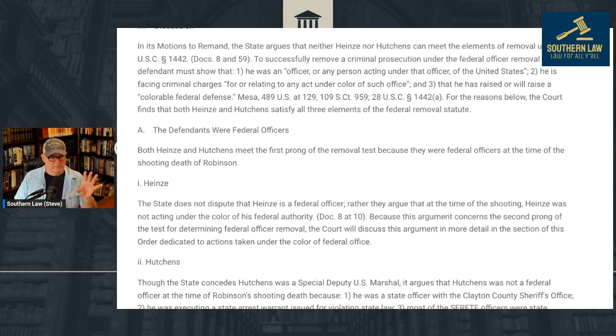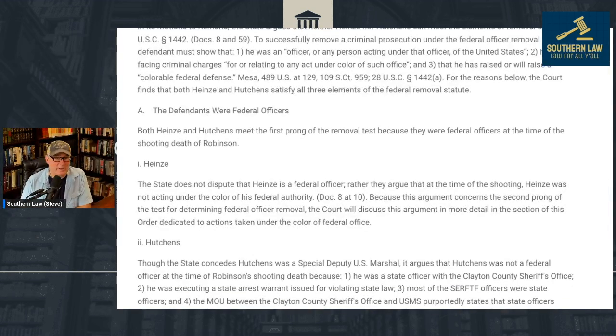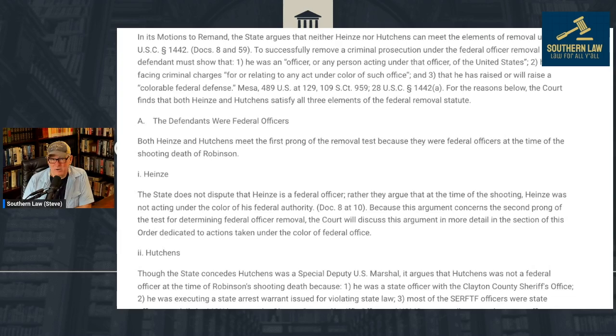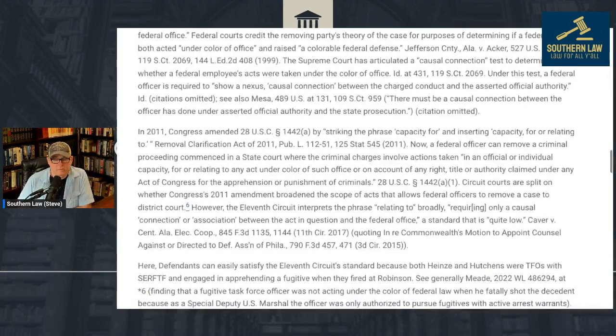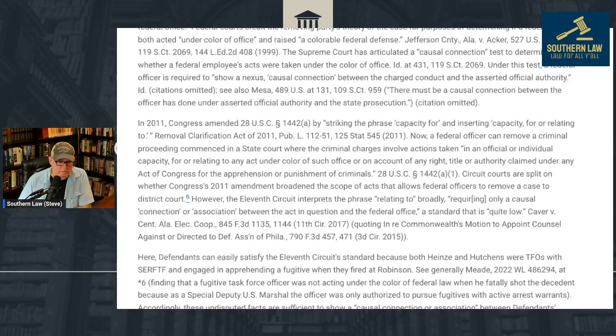And that kind of relates to prong 2 because there is federal immunity if you're doing something within the scope of what your duties are as a federal agent. So if you meet prong 2, I think you're probably going to be meeting prong 3. So the battleground will be whether they were in any colorable way within the scope of authority they had as federal officers.